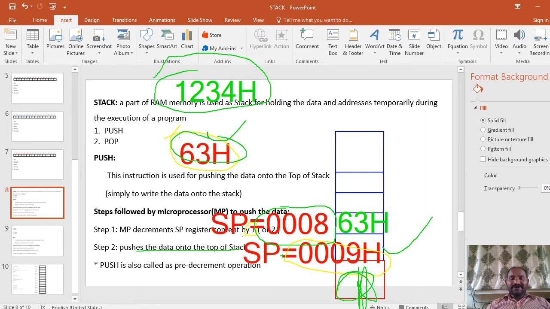At that time, the microprocessor decrements the SP register content by 2. But initially it decrements the SP register content by 1, and after that, as it is a 16-bit number, the SP content is decremented by 1 two times. In the first decrement operation, SP is decremented by 1. Previously the SP value was 0008, now the SP value is going to be